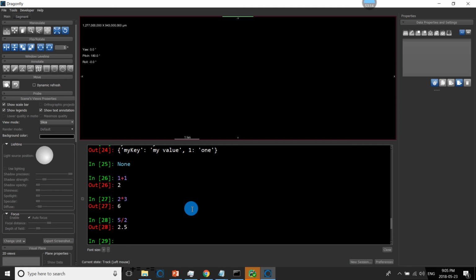So the operators. So if I want to add 2 numbers, I can add. If I want to multiply like 2 times 3, it gives me 6. If I want to do division, for example, 5 divided by 2, this is 2.5. And then subtraction, so like 7 minus 4, that's 3. And exponential, for example, 2 to the power of 3 is 8.